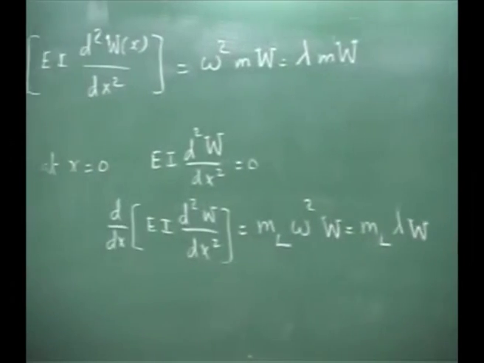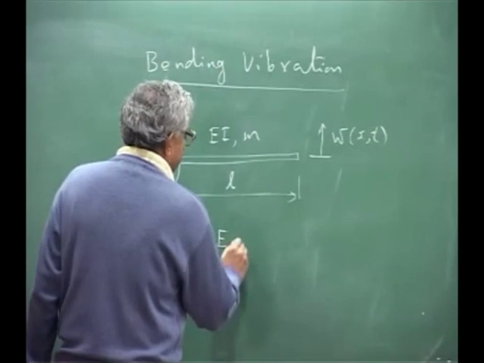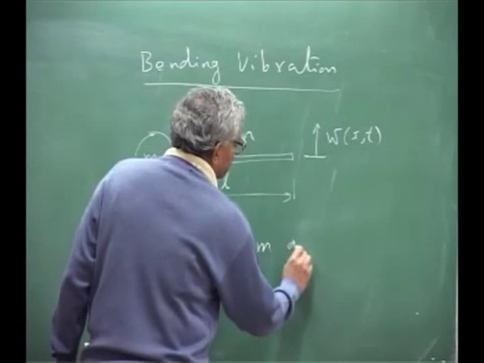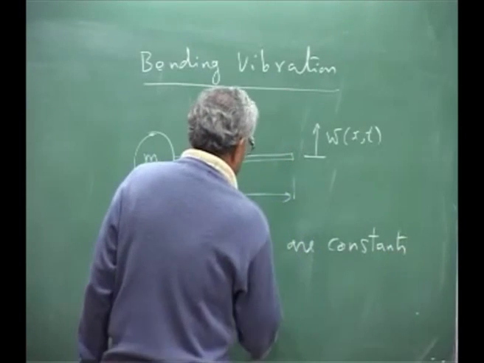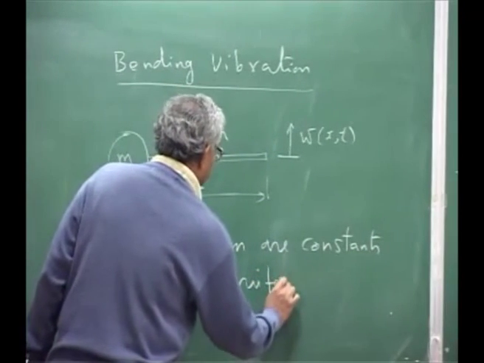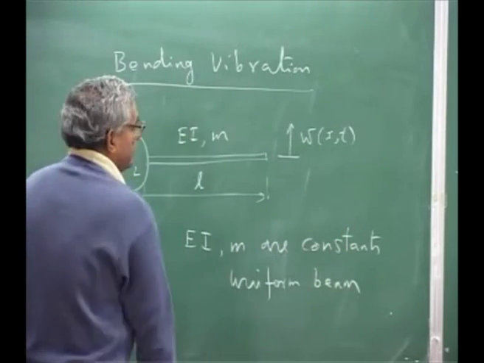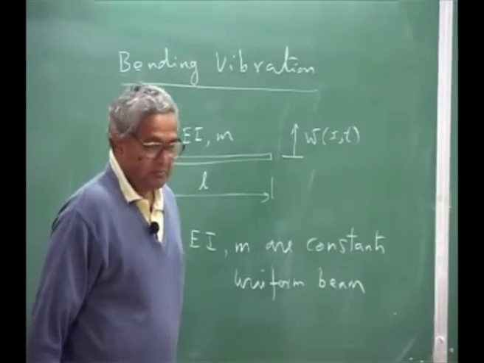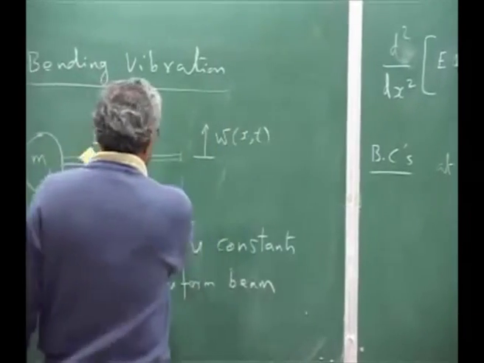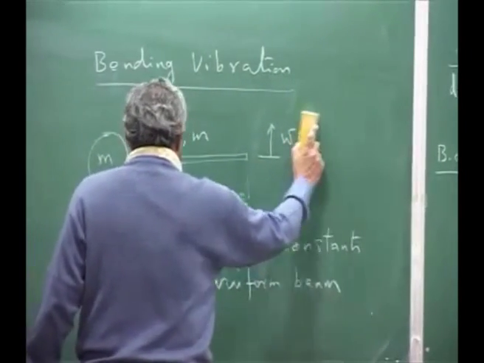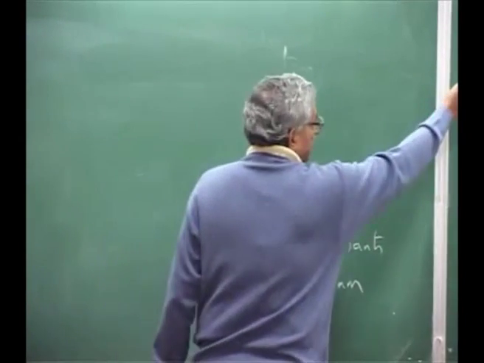Now how do we solve the problem? Let us make some approximation. The approximation is EI and m are constants, which means it is a uniform beam. Uniform beam. When we write it as a uniform beam, then for this we can get the exact solution. I erase this part. Your equation in the field,